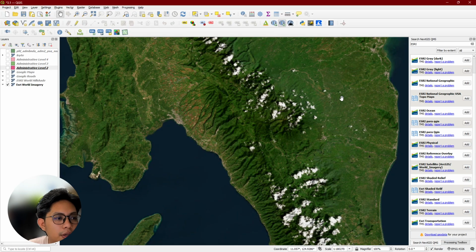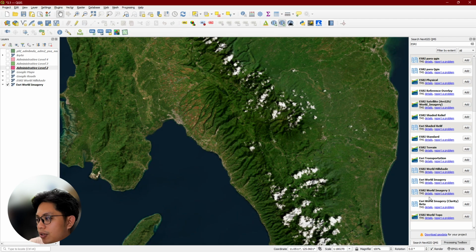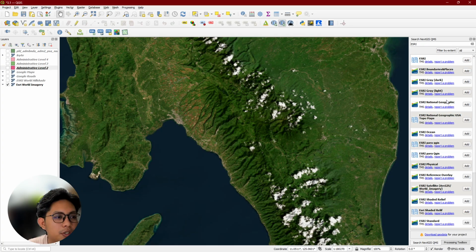Okay, so I know you want to try the different QMS rasters. Feel free to explore. But we'll continue with our exercise. So again, we want to make a multi-level map of Leyte.